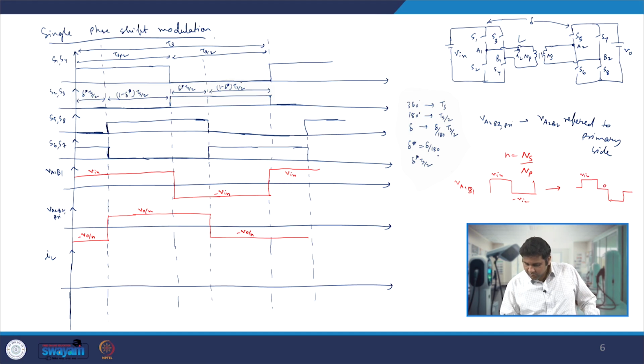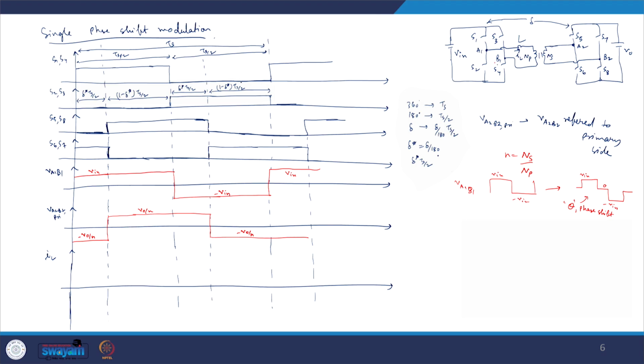V in 0 minus V in. That is when, if we are applying theta 1 phase shift, delta 1 phase shift, sorry, theta 1 phase shift, if we introduce in the half bridges of S1, S2 and S3, S4, that means we are now turning off S1 and S4's diagonal switches at different times, or you can say with the staggered turn off of S1 and S4 switches, we could achieve this kind of waveform, and that will actually reduce the average voltage in a switching period, which will be applied from VA1 B1, average value of voltage.